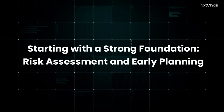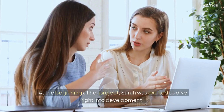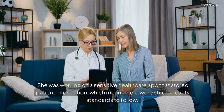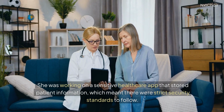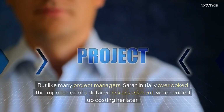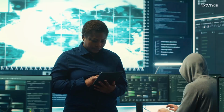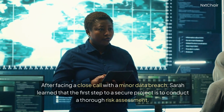Starting with a strong foundation, risk assessment and early planning. At the beginning of her project, Sarah was excited to dive right into development. She was working on a sensitive healthcare app that stored patient information, which meant there were strict security standards to follow. But like many project managers, Sarah initially overlooked the importance of a detailed risk assessment, which ended up costing her later. After facing a close call with a minor data breach, Sarah learned that the first step to a